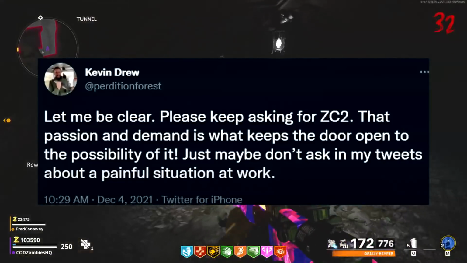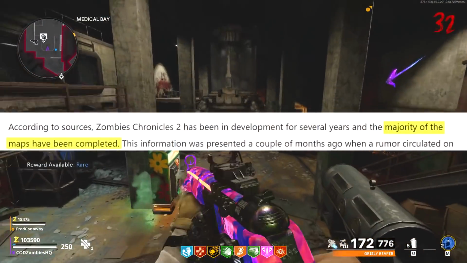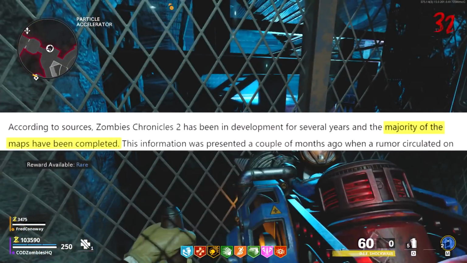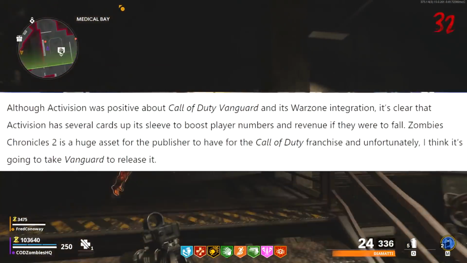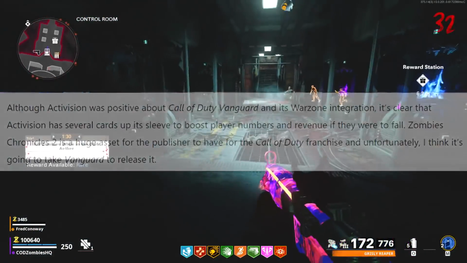up taking the form of the long-rumored Zombies Chronicles 2, which would contain several remastered maps from past Call of Duty games, and of those maps, it's rumored that they're all in pretty late stages of development, that they're largely completed, and that Activision was simply waiting for the right moment to actually release this DLC pack update. And hey, the first year in well over a decade where there's no new Call of Duty release might end